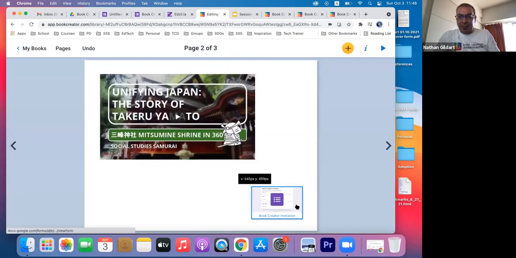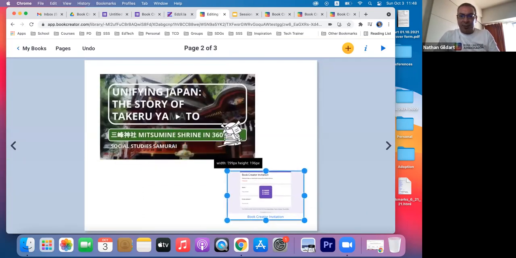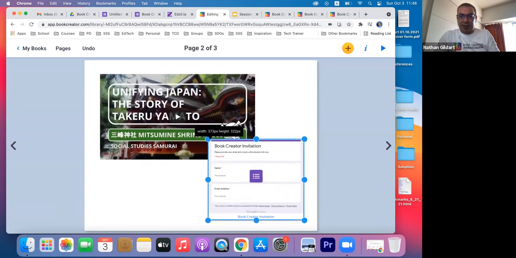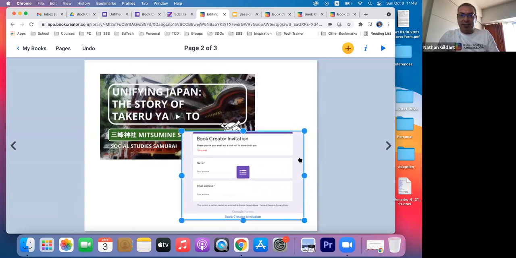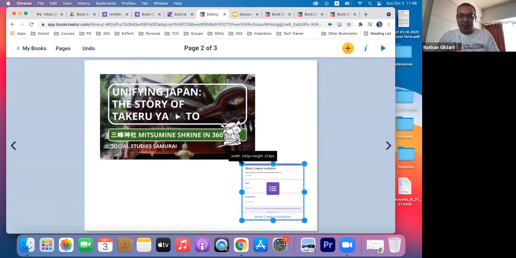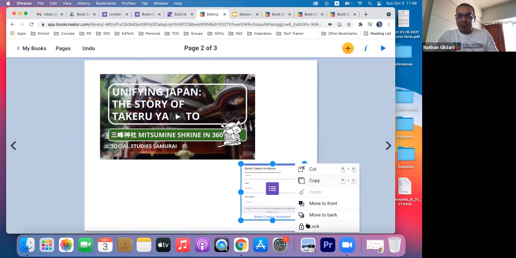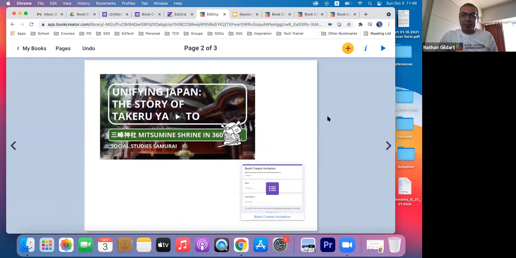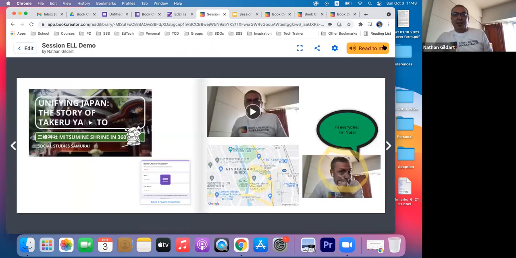And so it's got my little thumbnail here, right? So maybe I'll make that a little bit bigger. Let's see. I want the sizing to look kind of good. Obviously, this isn't well balanced, but for the sake of the session, we'll just keep it simple. And I'm going to lock it. All right, so you're a little bit limited, but when you do go to play the book, there it is.